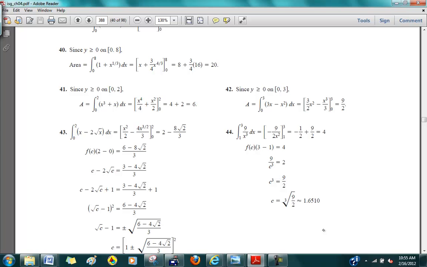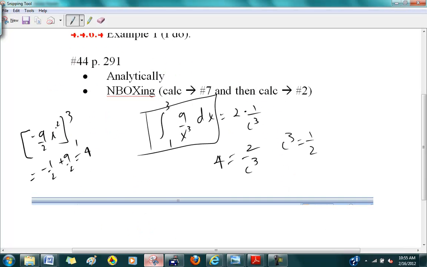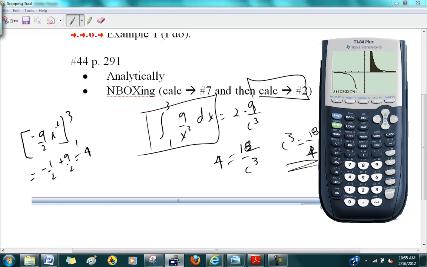Yeah, I'm not sure. Oh, I know what's going on. Okay, there should have been a 9 here. That's what's missing. So there should have been 18. Okay, now it's coming back. So c cubed is equal to 18 over 4. And then to do that, what I'm saying is to put this equation in your graphing calculator and find second calc 0. So go back to